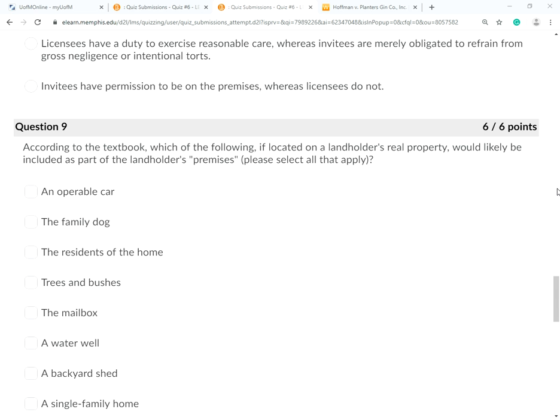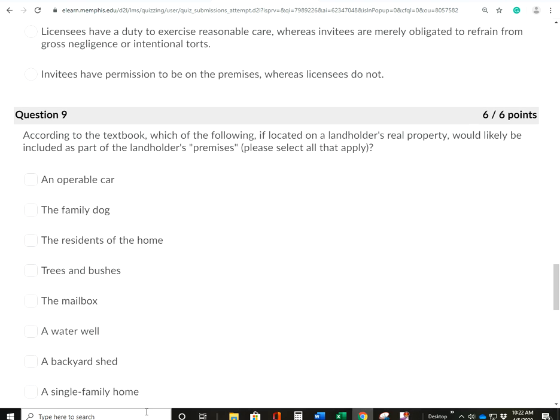Question 9 starts with, according to the textbook, which of the following located on the landlord's real property would likely be included as part of the landholder's premises? The answers we can select from are: an operable car, family dog, residents of the home, trees, bushes, mailbox, water well, backyard shed, and single family home. What helped me answer this question was in the textbook, page 149,